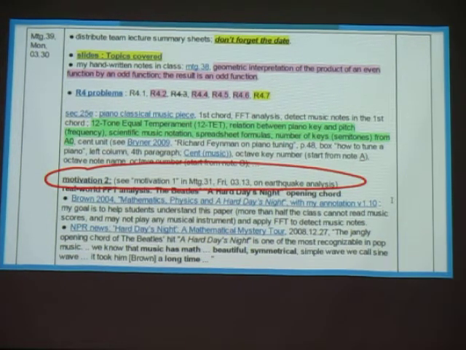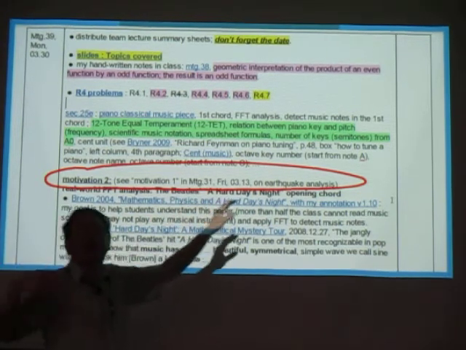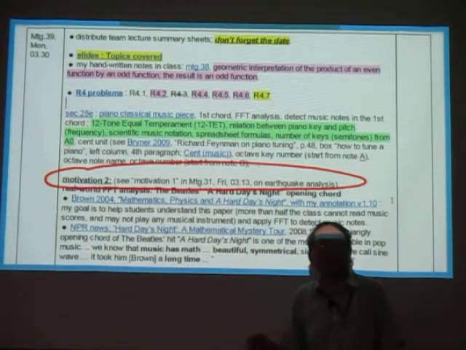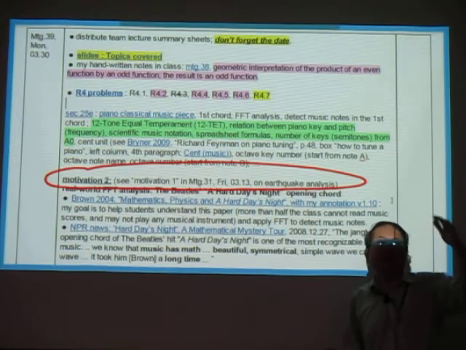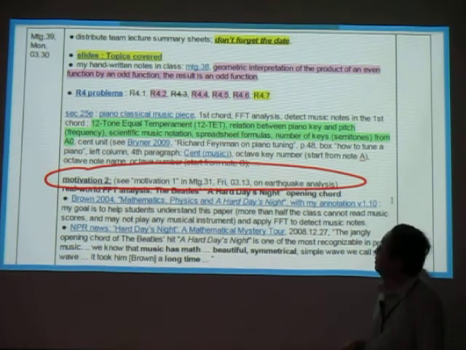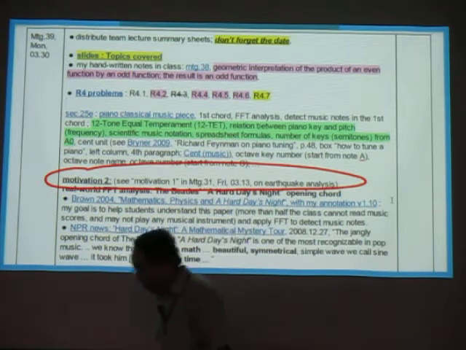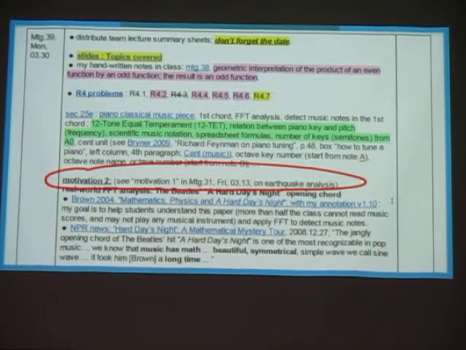The first motivation of real world problem is through earthquakes, and that's how you need to use fast Fourier transform, which is an advanced level of Fourier analysis. And so here the second real world application of fast Fourier transform is through this